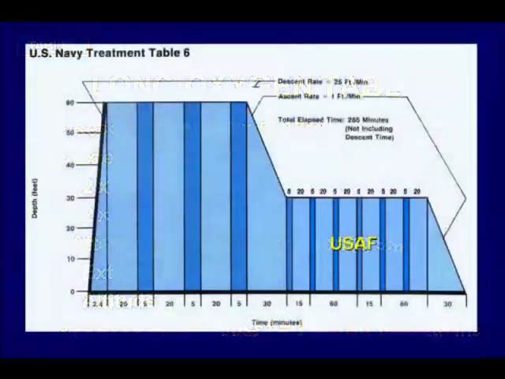Now, the United States Air Force has provided a modification breaking the 15-60 into 5 and 20 for 3 periods. When extensions are provided, however, one should remember that the extensions should be in multiples of the original 15 minutes air and 60 minutes oxygen, which would therefore translate into 3 periods of 5 minutes air and 20 minutes oxygen if the Air Force modification is used.